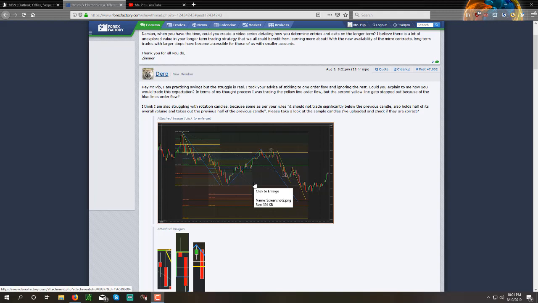Just because I use rotation doesn't mean you have to, but what you do need to have is some sort of an entry trigger, the period at the end of the sentence that gets you into that trade right after you've built your case. And you need to be able to recognize that trigger in real time, so when it happens, all you have to do is, without hesitation, pull that trigger and manage your trade per your rules. Okay, but we'll get into all that.